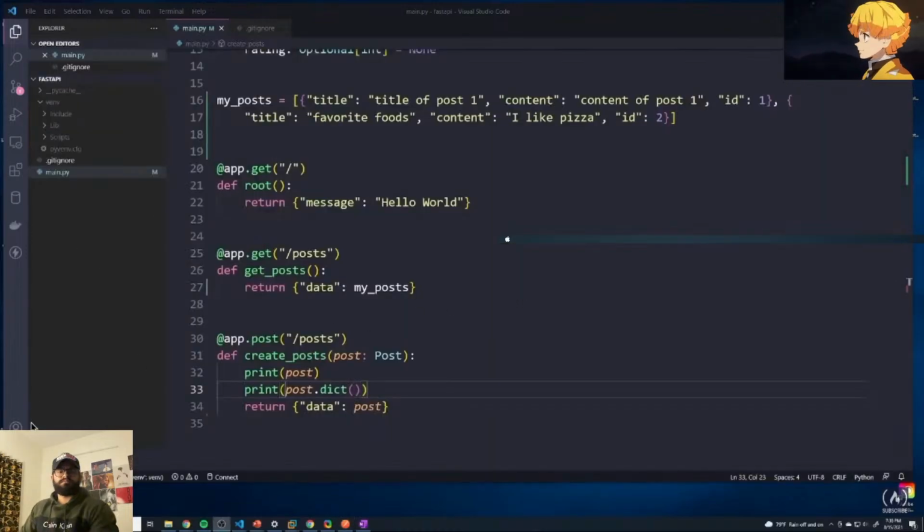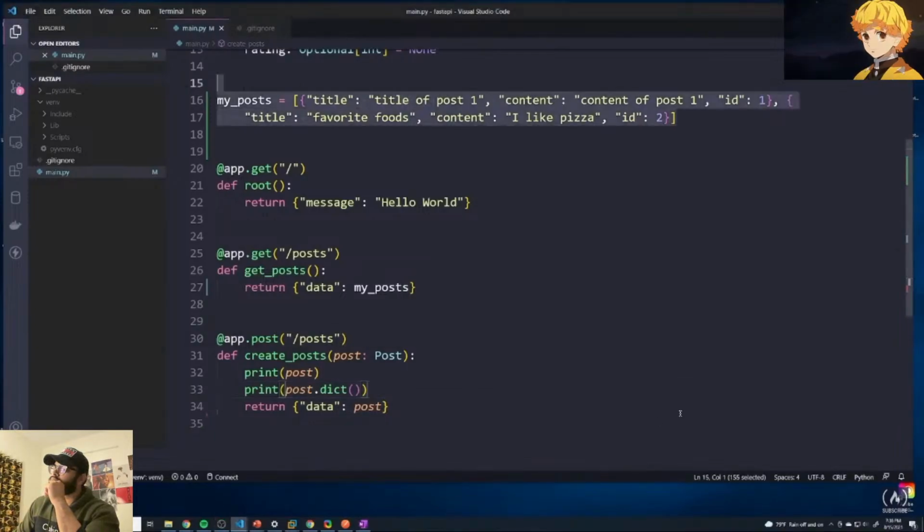Alright guys, so let's update our create post path operation function so that we can retrieve the title and the content from our front end, and then create a brand new post and store it within our my posts array. So how do we do that? Well, we already know that we can retrieve our post by referencing this post variable, because this will